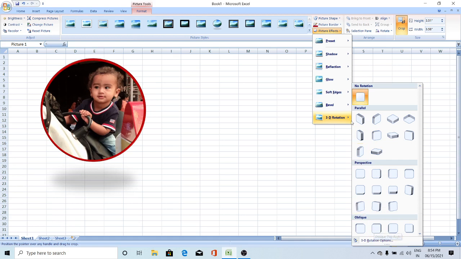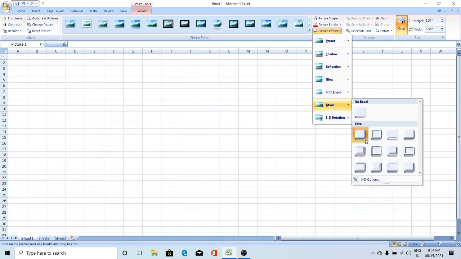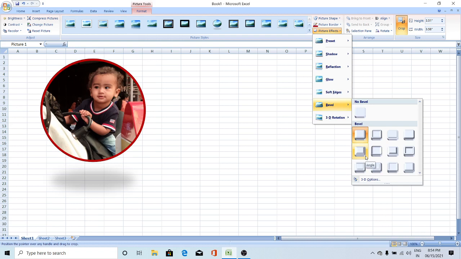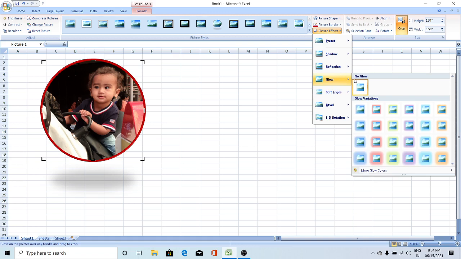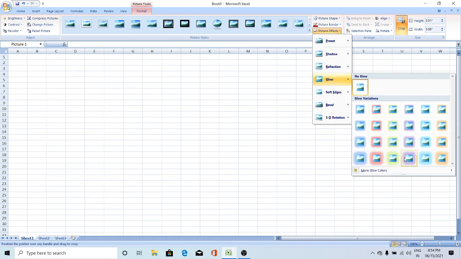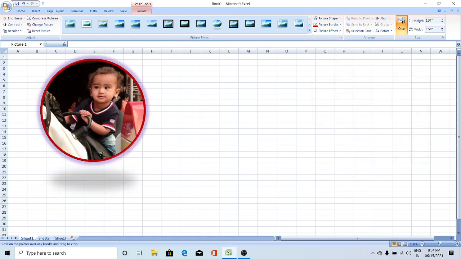You can set the 3D effect. The reflection you can see, and soft edges you can make changes to over here. Like this, you can make changes for picture effects also; everything you can change.